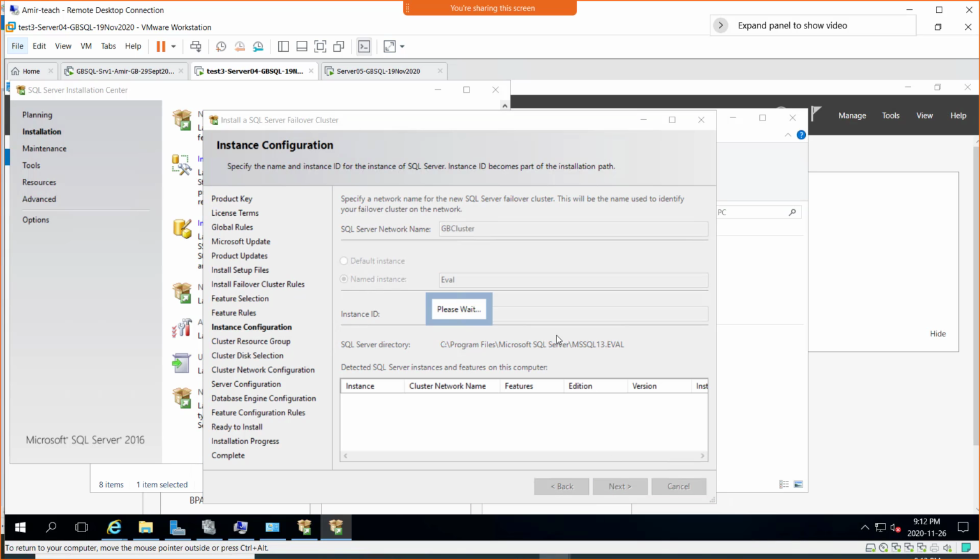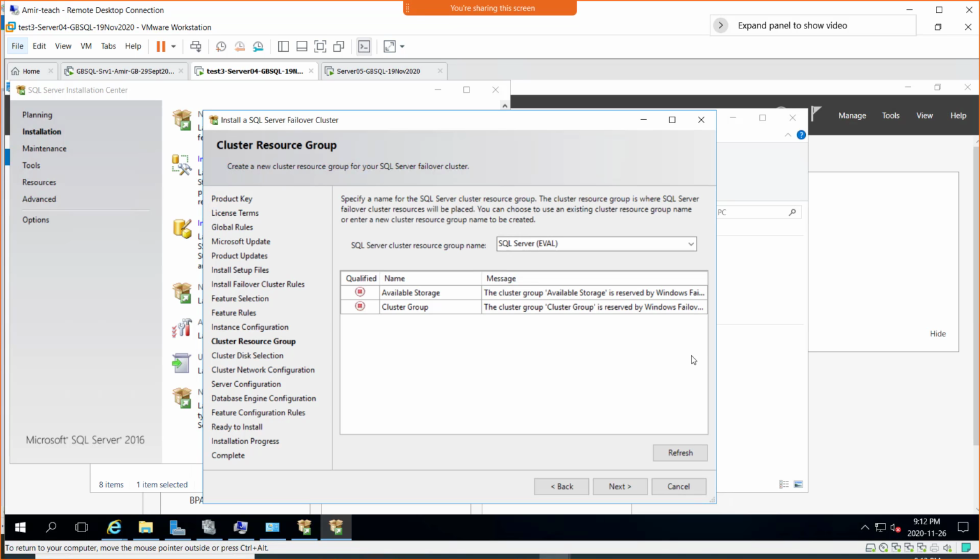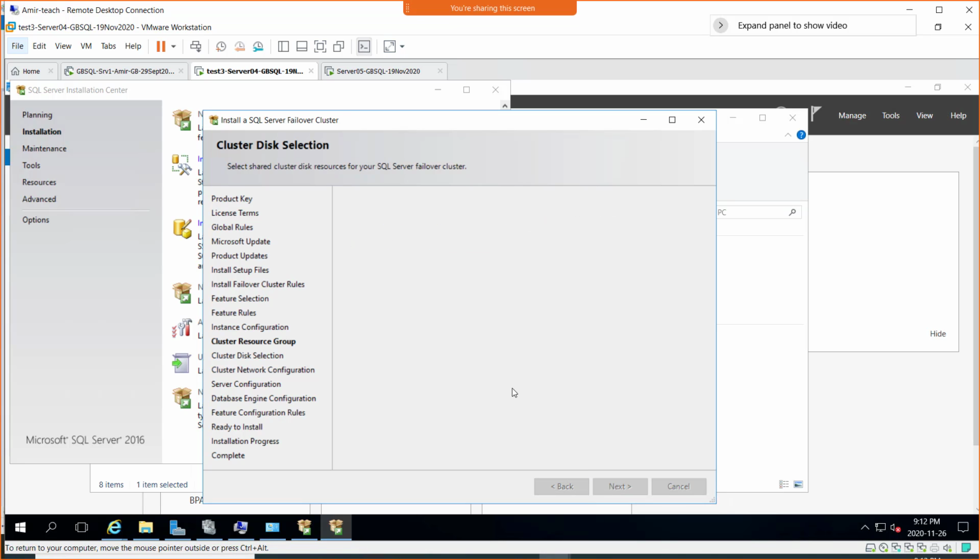On server 4. So you can see that it's going to go for cluster resource group. It's going to try to detect the cluster resources now. So it says that SQL Server cluster resource group name and SQL Server eval, and there's available storage. The cluster group available storage is reserved by Windows Failover Cluster and cluster group. So it says all that, which is okay, and I'm going to click next here, where it's going to then